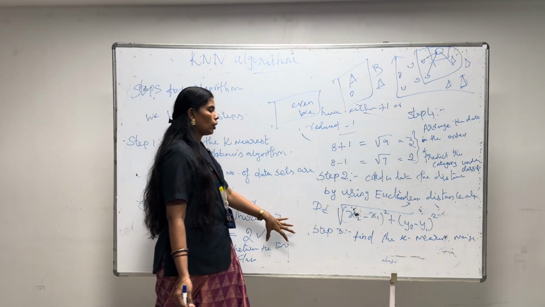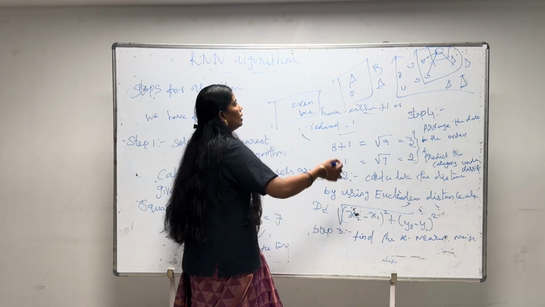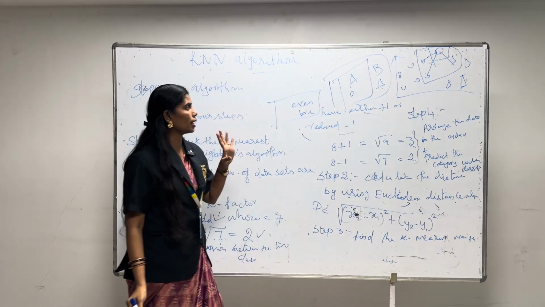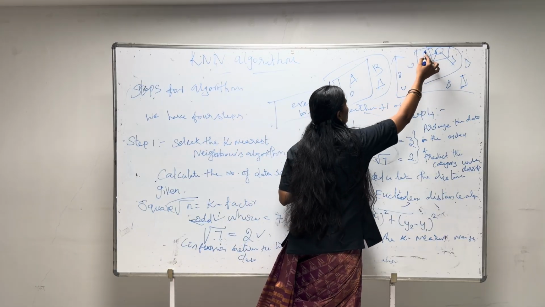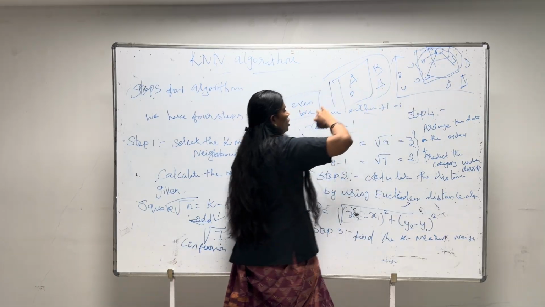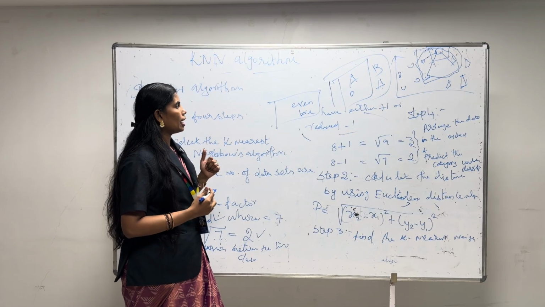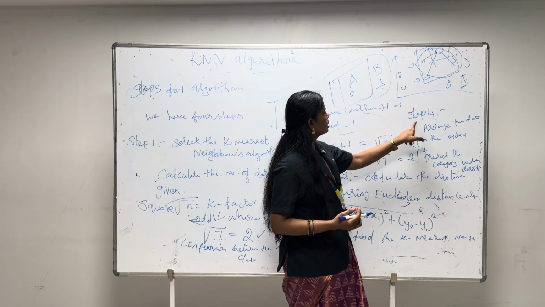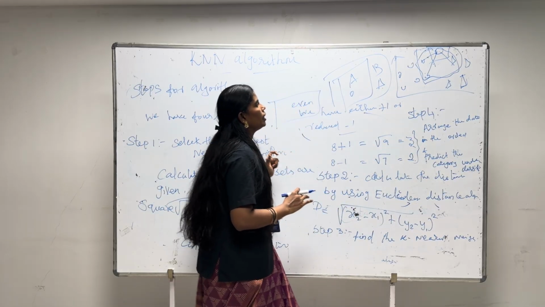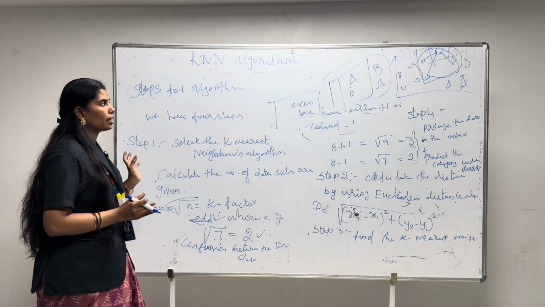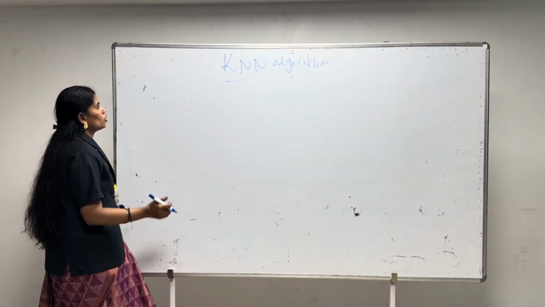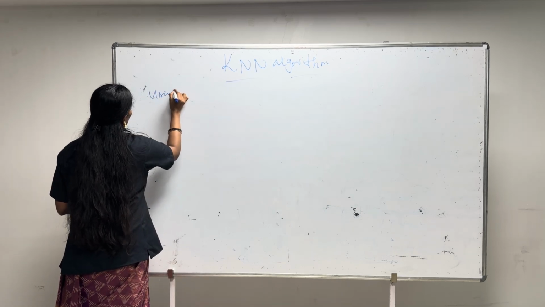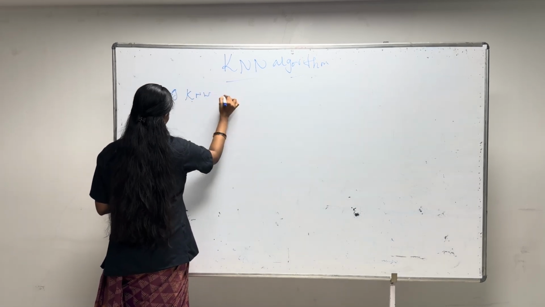In the step 3 we are going to find the k nearest neighbor. We have already seen this example with the two categories of circle and triangle. With that we find the nearest neighbor, which category they are. So in the third step we will arrange in order and send to the next step. The next step 4 is nothing but they will predict which category they are, whether they belong to A or they belong to B. Now we are going to see some example for the KNN algorithm. Using KNN predict